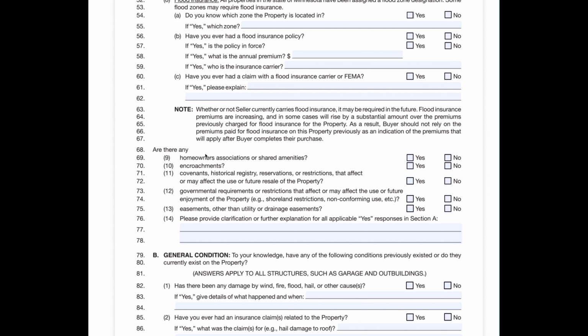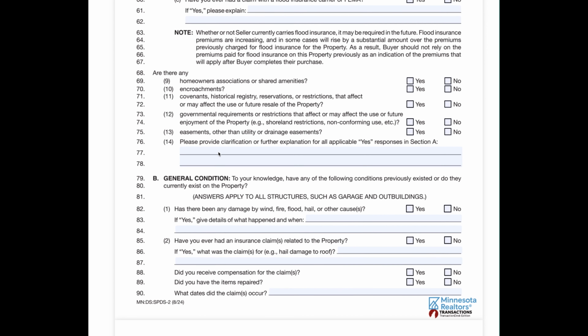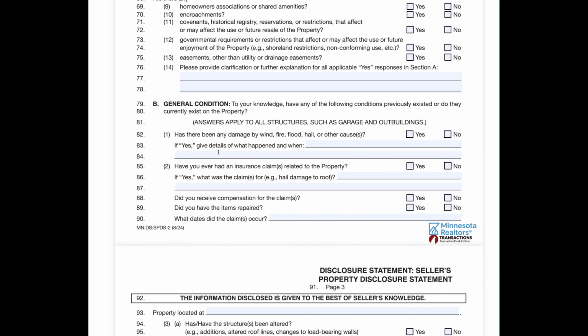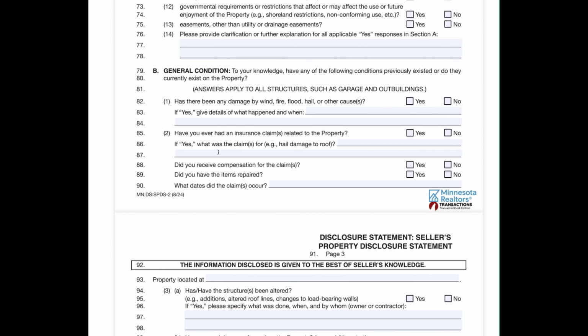Encroachments. These break down the different types of encroachments, meaning things that could negatively impact or change the ownership for the buyer. General conditions. From this field, we're starting into really specific questions about has there been wind, fire, flood, hail, or